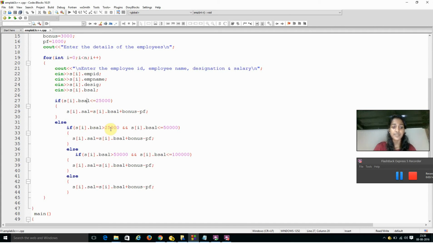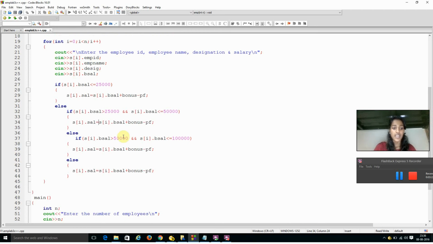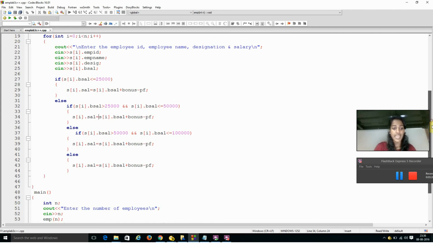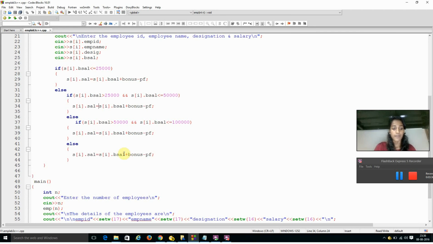If the basic salary is between 25,000 and 50,000, then this calculation will take place. If the basic salary is between 50,000 and 1 lakh, then again this salary calculation will take place. And the last condition is else. So if it is more than 1 lakh, then this calculation will take place.